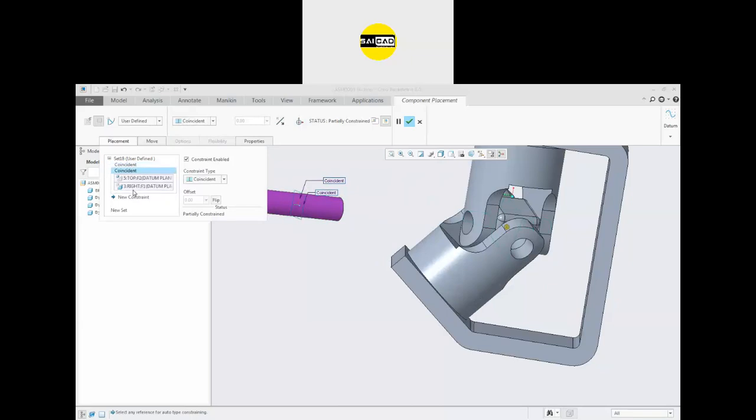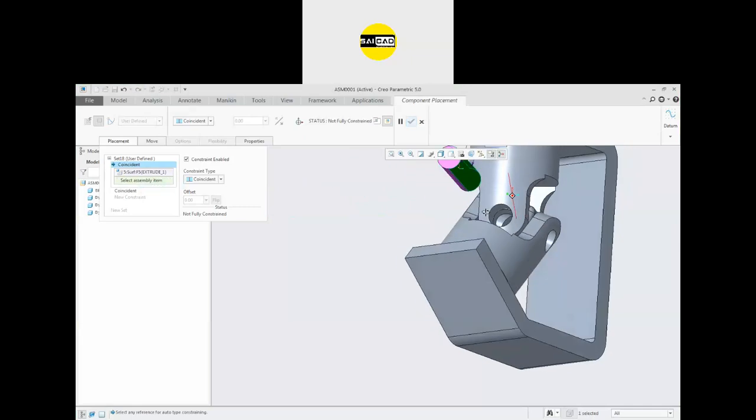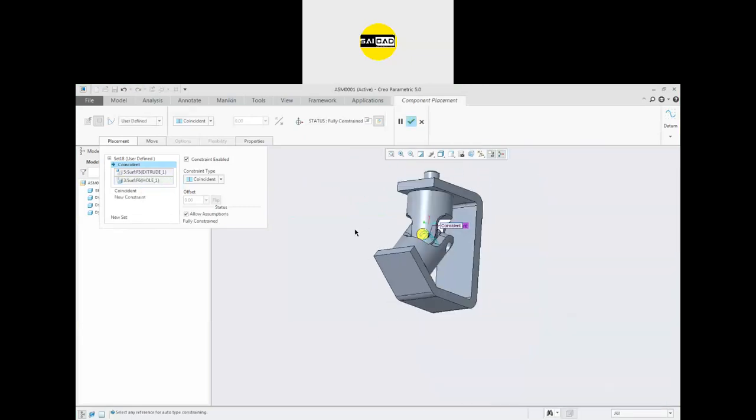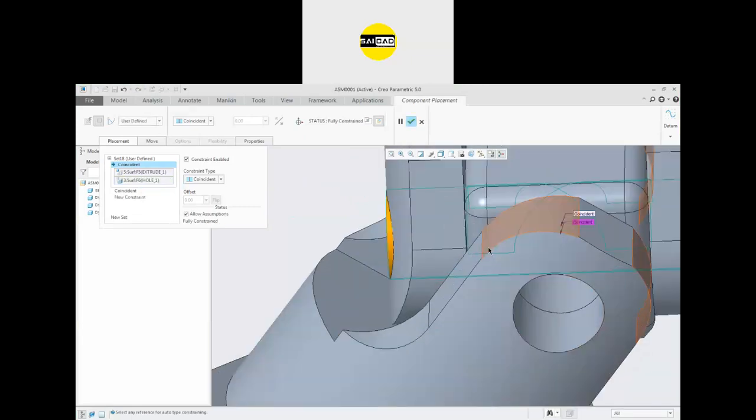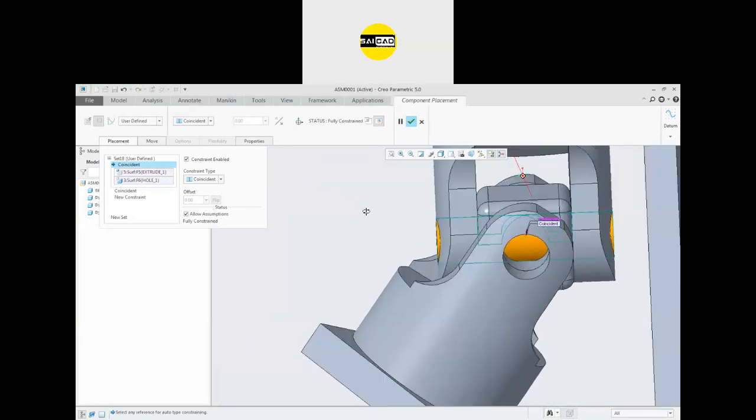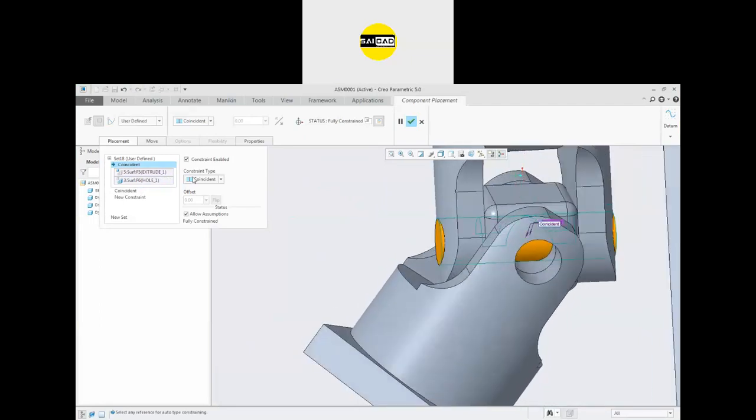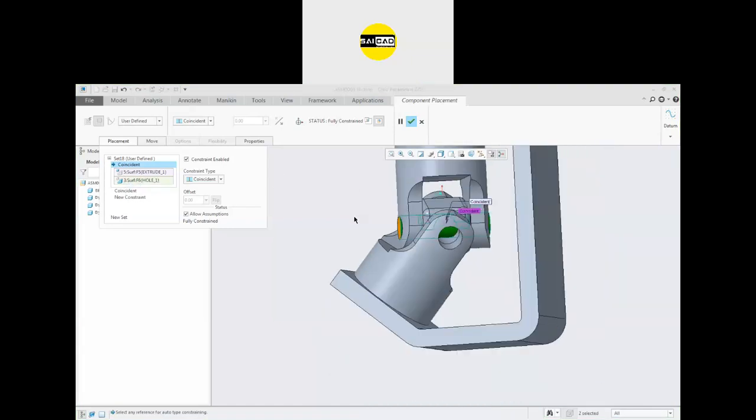Face to face, plane to plane. You can change the relation also. You can see this is the surface F5, this is the Y mate. I don't want this one. I want the relation to be made from this one. You can see the object is inserted in the object now. Okay, you can change the relation or the face or the reference you have selected from here. So right click and you can remove the reference and you can select the new reference also.